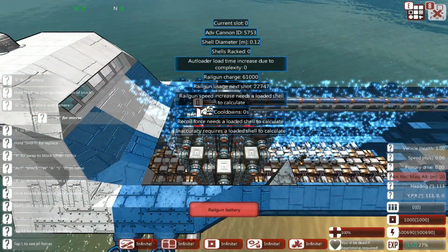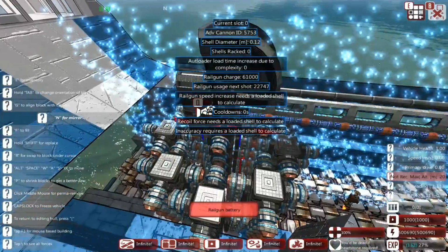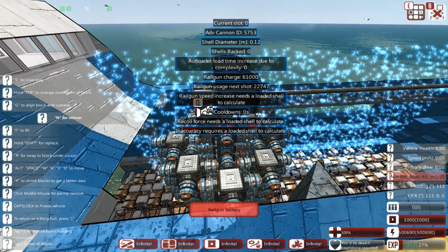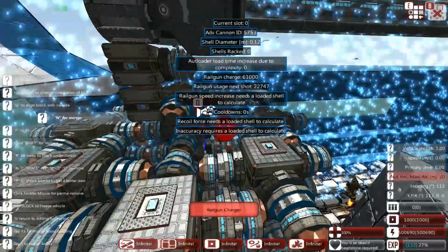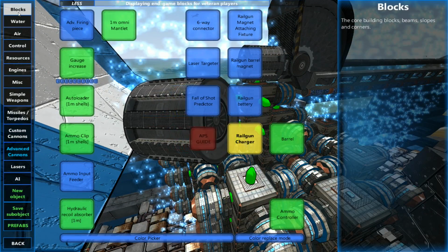Okay, so we have a charge of 61,000 and a railgun usage next shot of about 1/3 of that. I'm liking this. I'm feeling good about it. So we need now to provide this with an actual projectile. So we need to go grab ammo